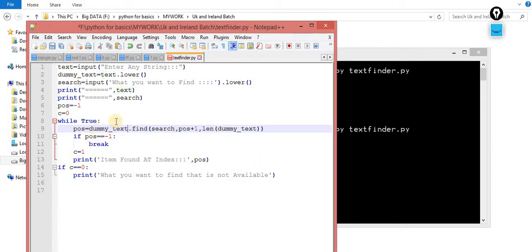The original data is in whatever format the user enters. I am just taking this data into another variable where I am converting it into lowercase. Now observe this scenario. I am reassigning it, but here the data is this one. When I print this text, you will check the output. The data would be in the same format, whatever format you used at the time of entering the data.